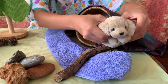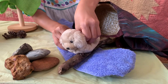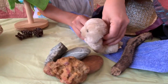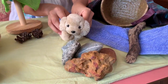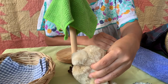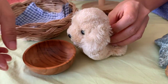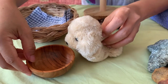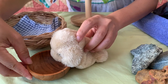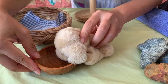And he ran out of the cave and back across the river, and past the rocks. Good night, rocks, and into the garden. Good night, tree, and back home again, where he found that Mother had put out a lovely bowl of warm mush for him. The little puppy had his dinner,